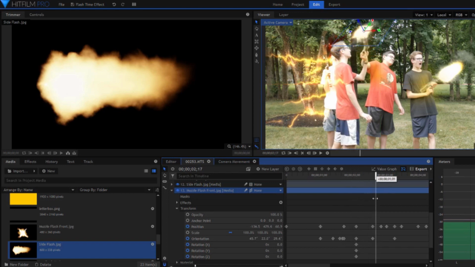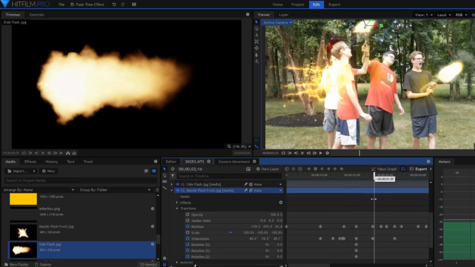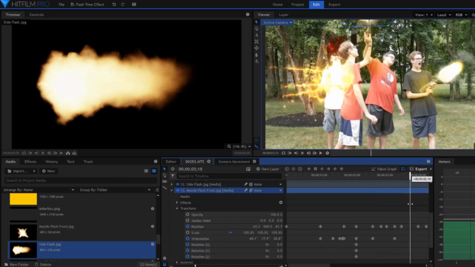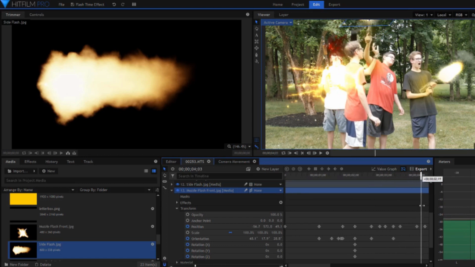I did not have to go frame by frame. In this situation, I really only had to keyframe the position and orientation towards the start and end of the movement and make a few adjustments here and there as the gun continued to move upwards. By also changing the keyframes to smooth, this results in the flash moving with the gun when I move it